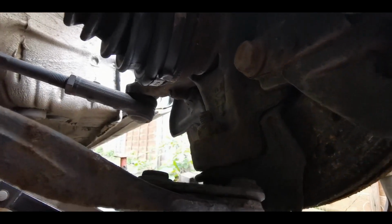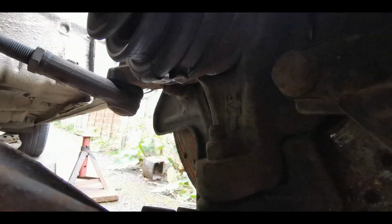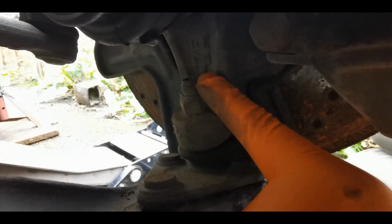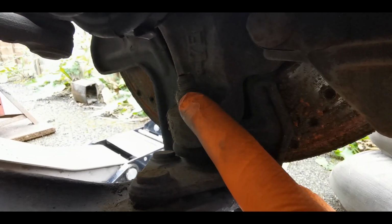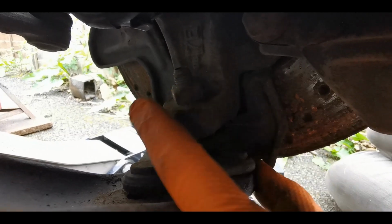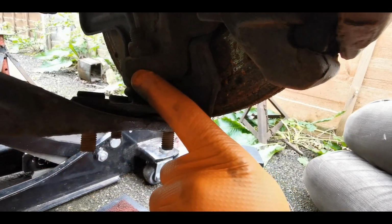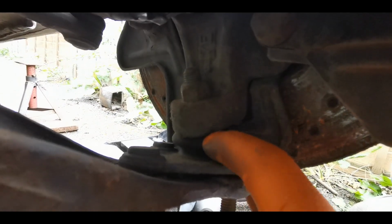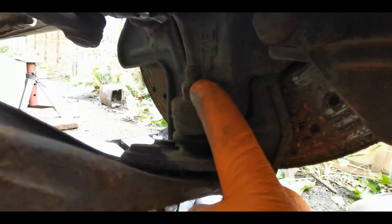You can undo it from this nut at the top here. What you find when you do that is in the top of this nut here, there's a fixing for either an Allen or a Torx bit, depending on the style of the ball joint, that you hold that in place and then you undo this nut. What you usually find is that because it's a conical design inside the hub, that this shaft will stay in place for undoing, and then